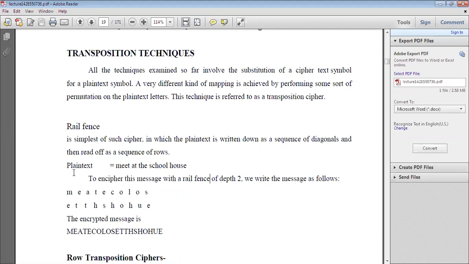So first I want to write it like this. Meet at the schoolhouse. That is the original plain text.